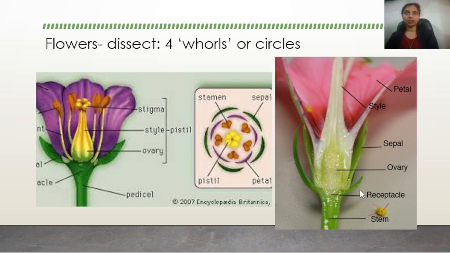The pistil or the carpel, we can learn more about this structure by dissecting or cutting the flower in a longitudinal way. That is, you take a blade, you take a flower and then cut through the flower's stalk lengthwise. Carefully, you need to cut through the flower stalk lengthwise, and you will end up looking into the flower's central part. And here we can see the further parts of the pistil or the carpel, that is a female part of the plant.